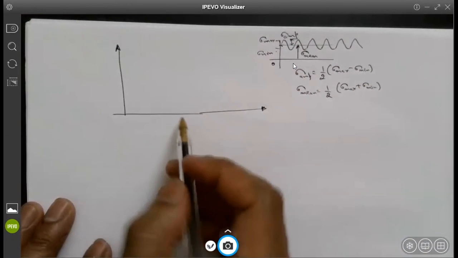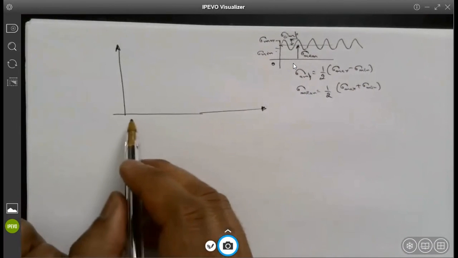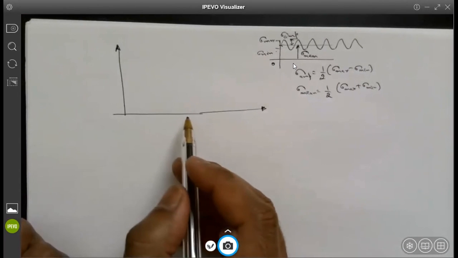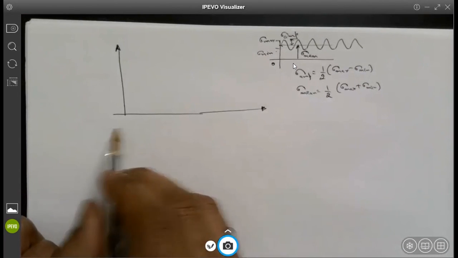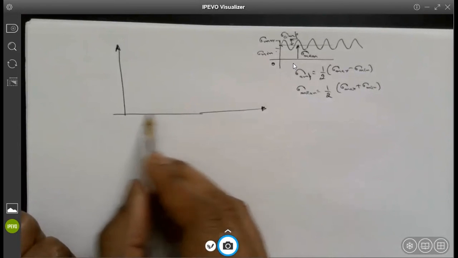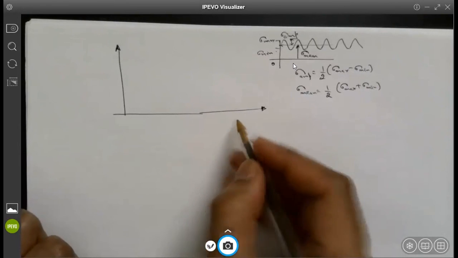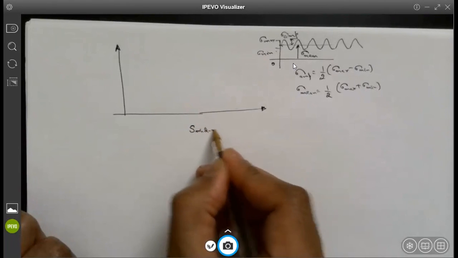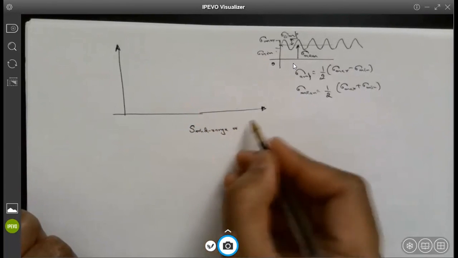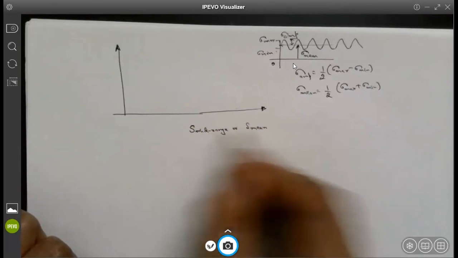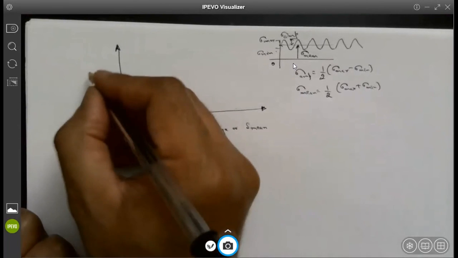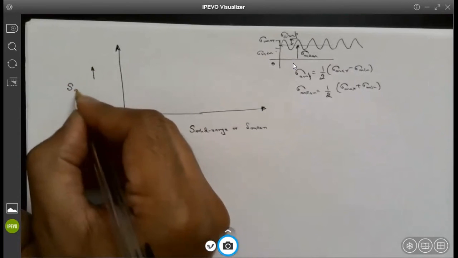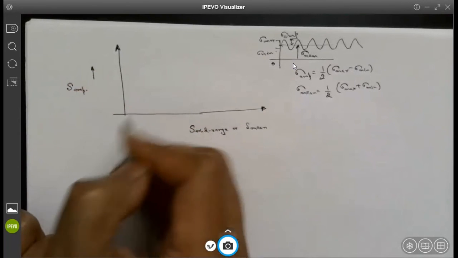Now to estimate the factor of safety, what we have to do is use some failure criteria for fatigue. And for fatigue, in the horizontal axis, what we are going to plot is the mid-range component or the mean stresses. And on the y-axis, the vertical axis, we are going to plot the amplitude stresses, just amplitude of the stresses.